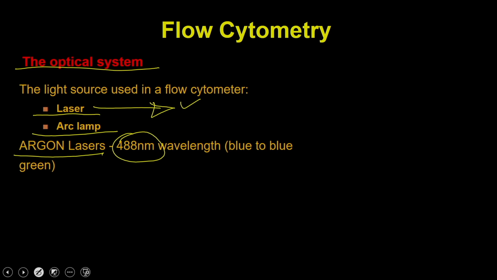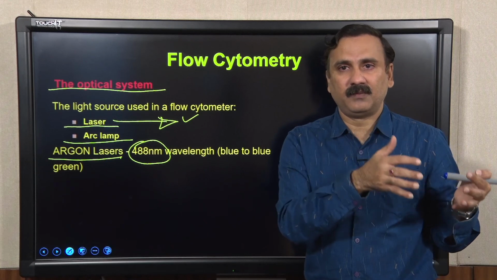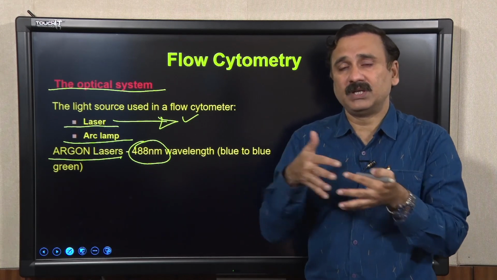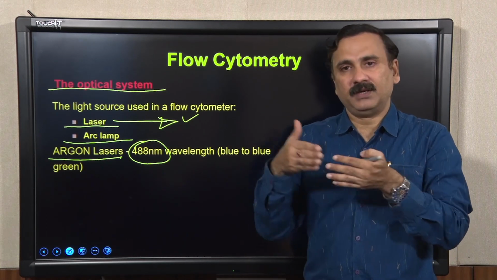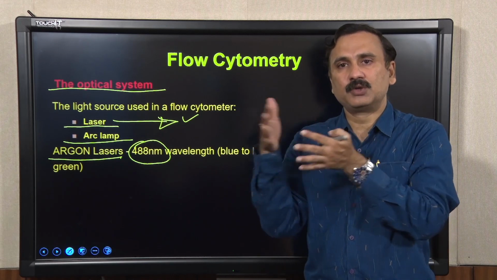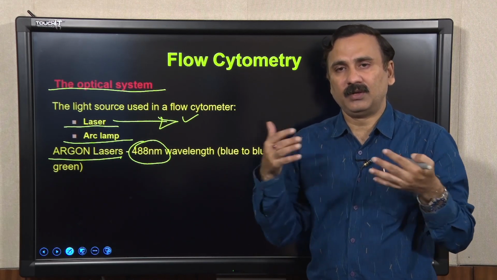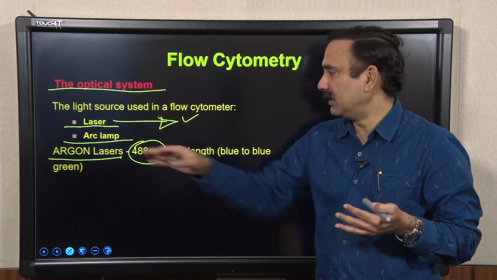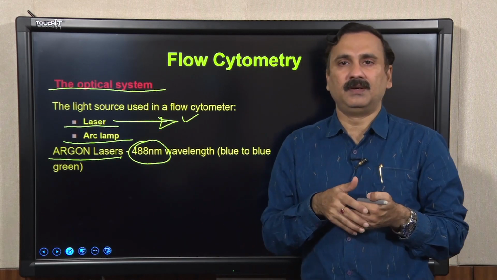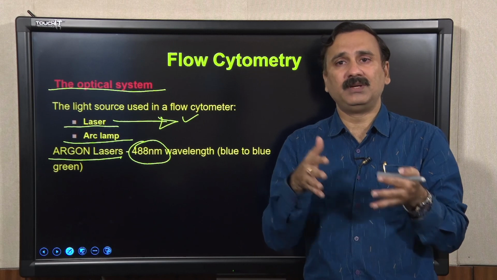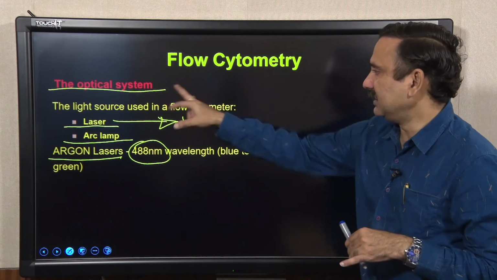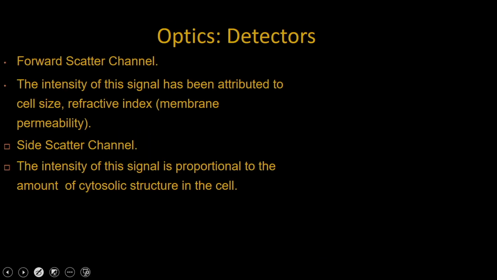Because the intensity of the bulb is always varying, whether it is from the beginning or the end. That fluctuation could be problematic for the instruments, or for the samples to get excited, and in some cases the lamp-based excitation is also going to damage the fluorophores. So this is the light source, and as far as the detector is concerned, you have multiple detectors.